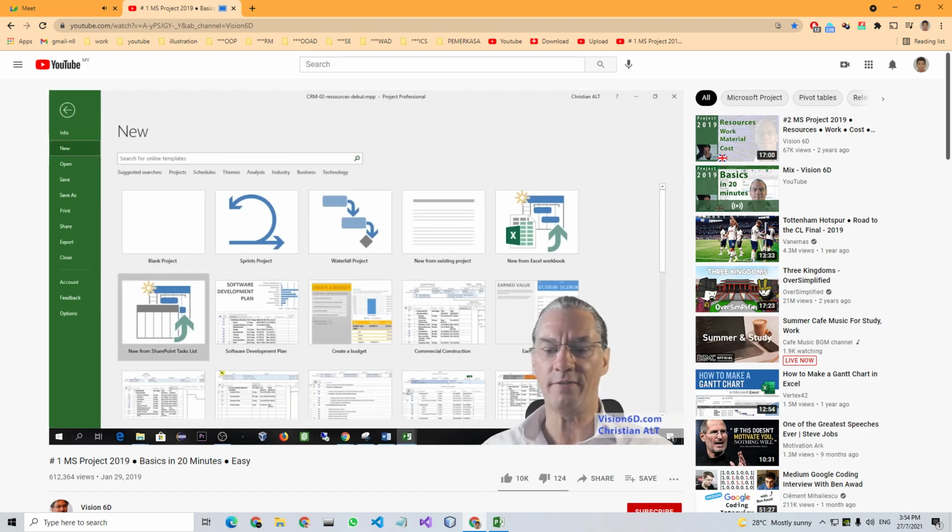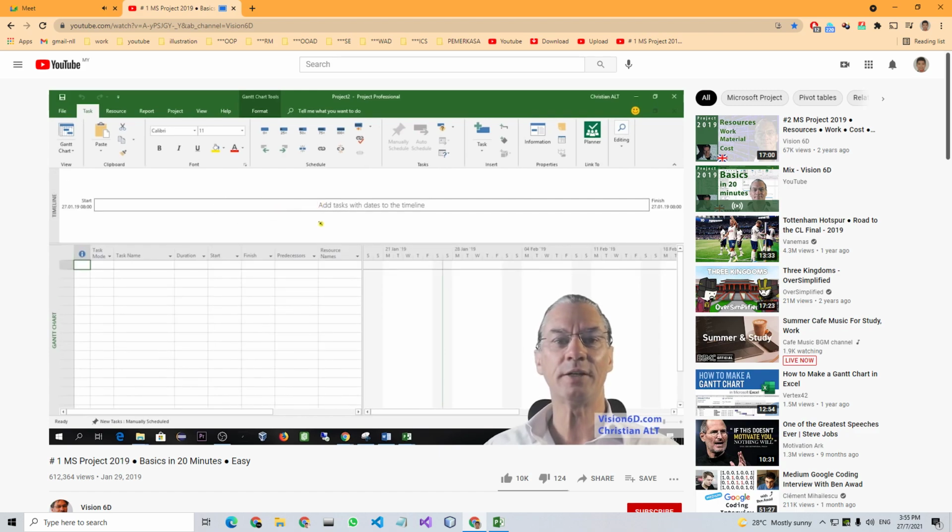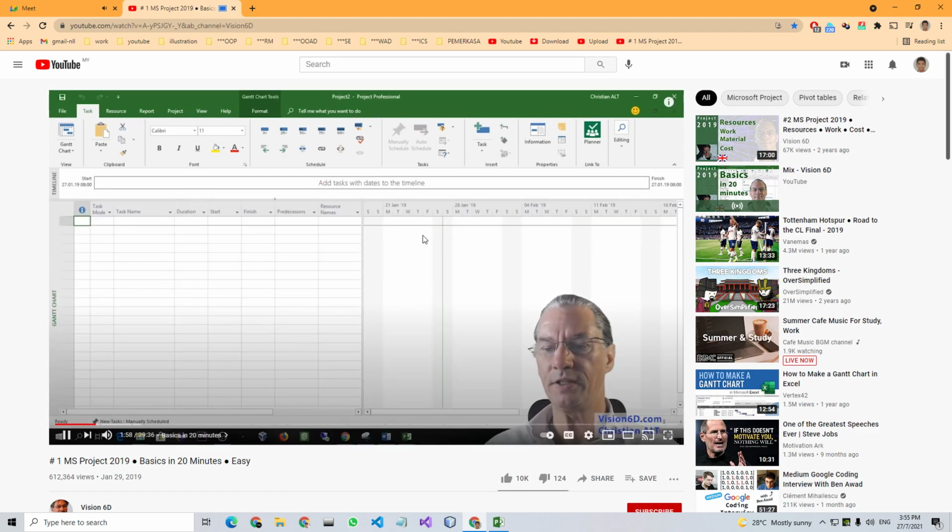For this, you have different templates here, but I will start with the blank project. In this part, I will enter tasks. Here I will have different graphics. Up here, I have the ribbon, and within the ribbon, I can define task. I can go to resources, reports, projects, and views. And here I can format different things. In the middle, you find what is called the timeline. The timeline is something real. You find here